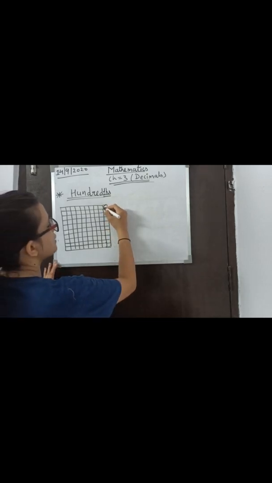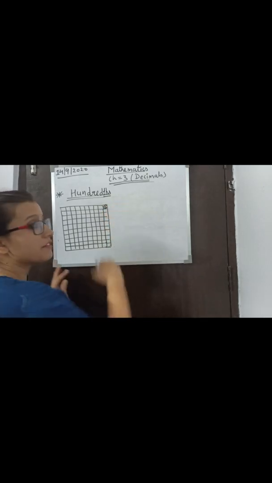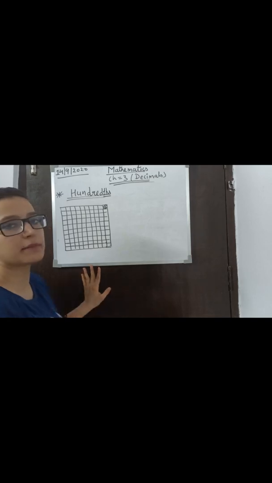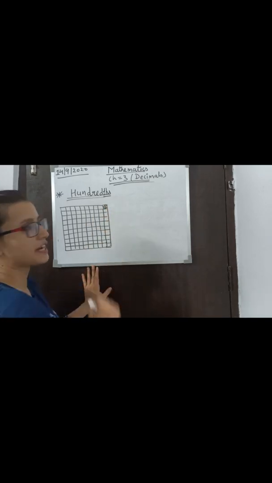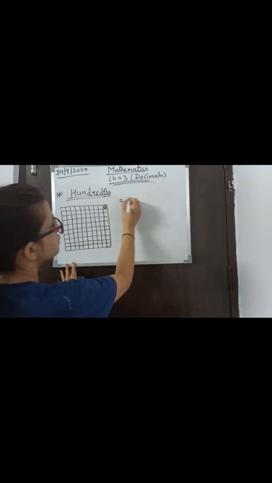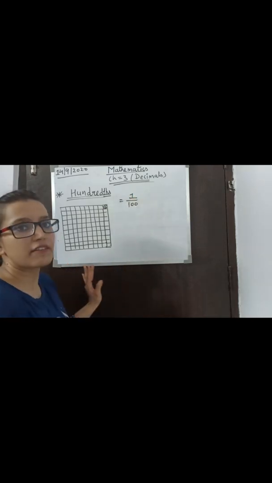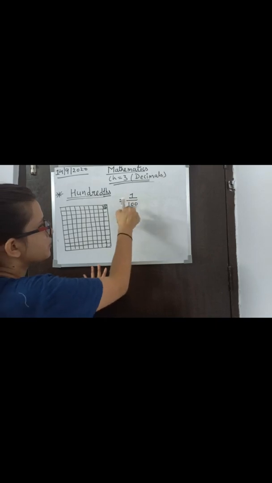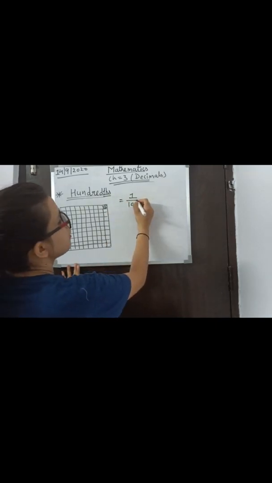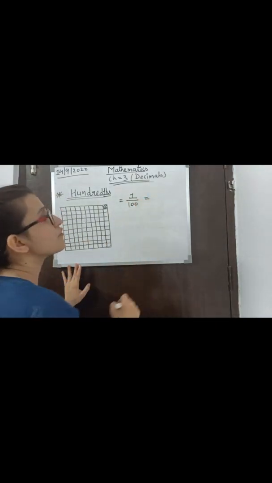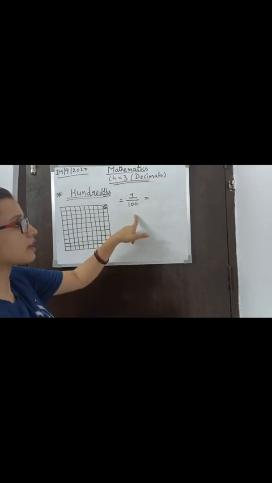Okay. If I shade one part out of 100, what will be the fraction of this shaded part? It must be equal to 1 by 100. 1 is your given part, or shaded part, and 100 is your whole part. In decimal form, we can represent this fraction as